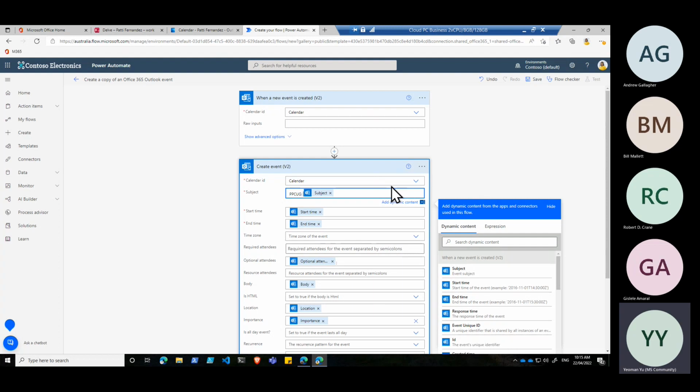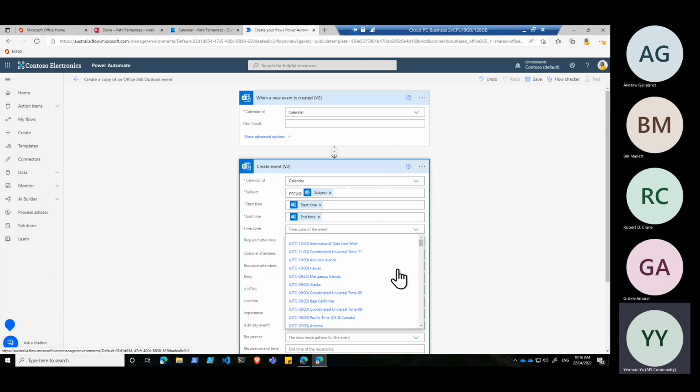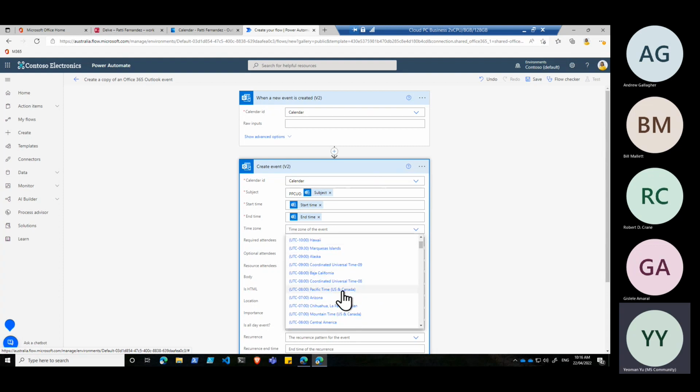Yes, I could use categories. Yes, I can use flags, but by actually putting the text in, when it shows up in your calendar, that prefix will actually say it's for this particular charity or other organization. It's just easier to read, along with the color coding if you use it. So the other thing that's actually quite important is the time zone of the event. So we're going to just use US Pacific, because both tenancies are based in US Pacific. It's something to be mindful of, because I've seen this particular template stop working if you don't select it.